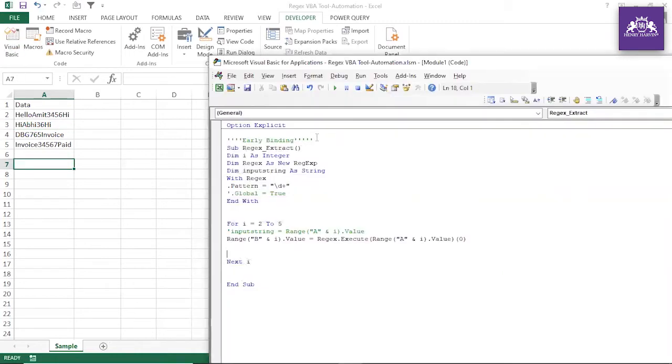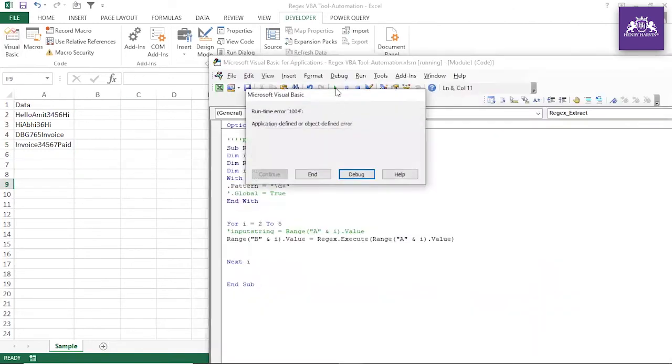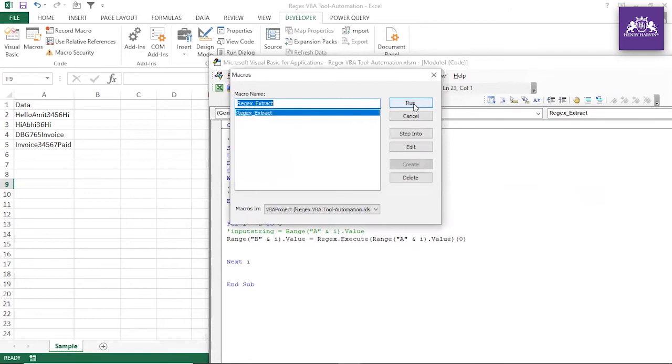So now let's run this code and see how it works in the B column, how the output looks. Okay, press F8. So I'm pressing F8. Now you saw the magic, guys. This is working superb. Now if you don't mention this, let's see what result you are getting. You are getting nothing, guys. That's why we are putting 0. It gives the list, so you have to get the item.